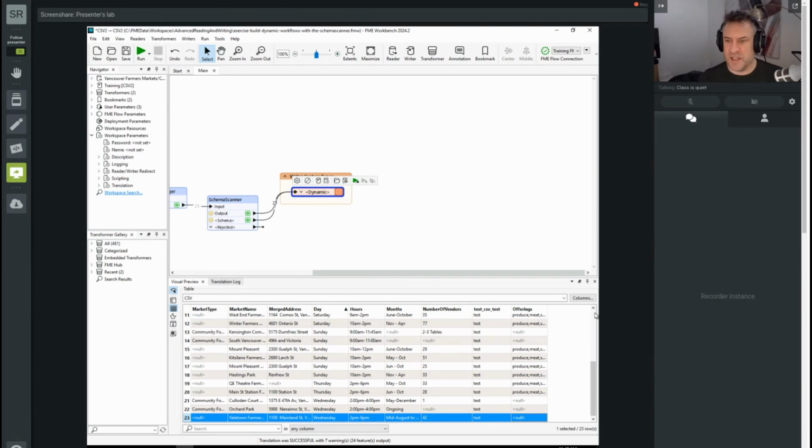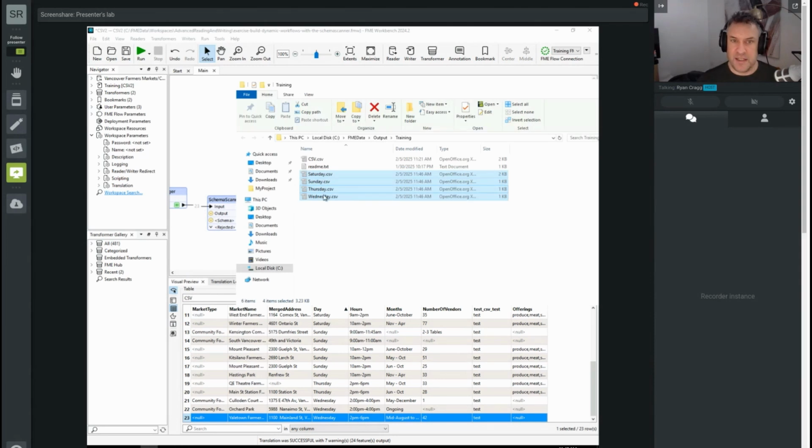Someone said I read in 4 CSVs, but it viewed as one table. I missed a setting here. That is a good point. So when you're reading in CSV files, the reader defaults to calling the feature type CSV. CSV files are a folder-based data set. The name of the file itself is the feature type, but when we're reading it in or displaying it, we usually just call it CSV. That is actually a setting